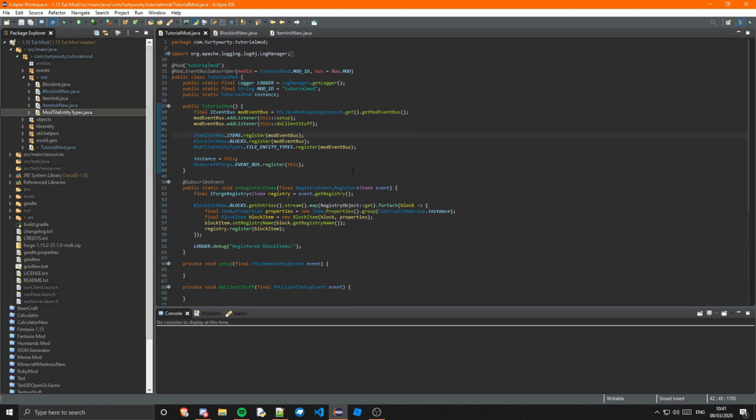So that, I know that was a bit all over the place. You can copy it from my GitHub if you feel like you need to, but there it is, and that should register your item blocks for you, so you will never have to register one yourself. If you want one to be special, so if you want it to have a special item for